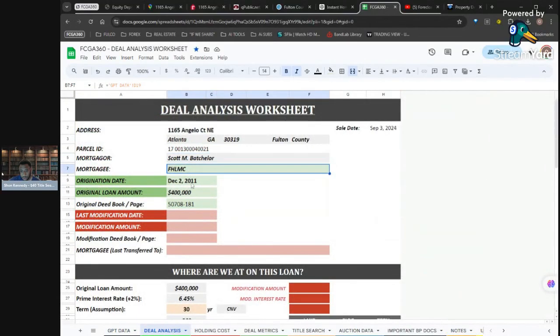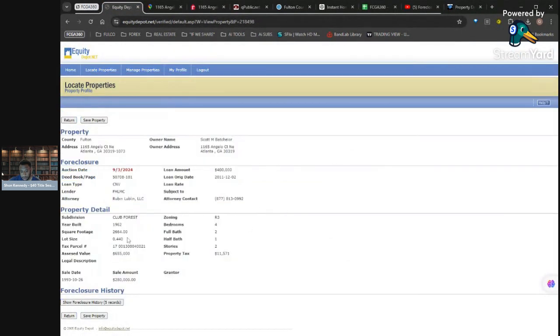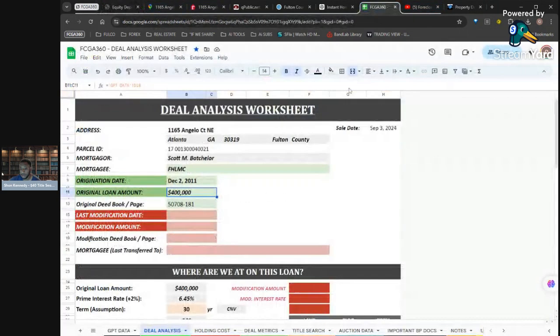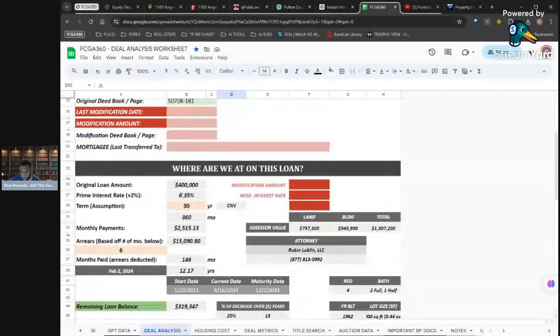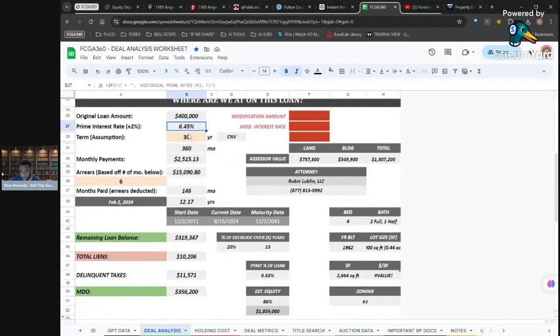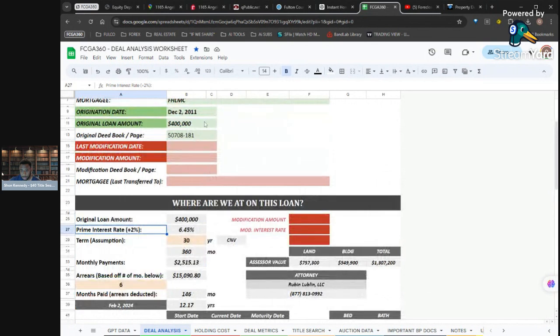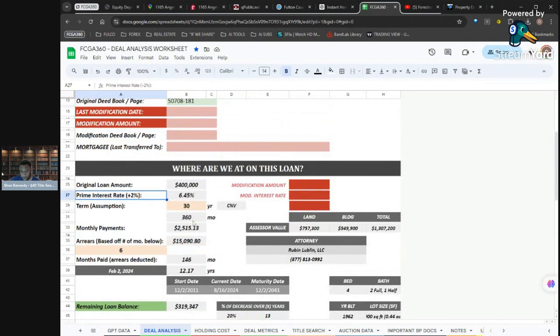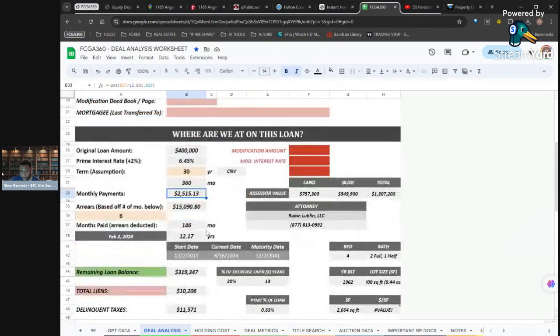So that way I know everything copied over here perfectly. So we got our origination date. We got our loan amount. We can verify that here. Where is it at? $400,000 loan amount. Origination date 2011, in December. With a conservative interest rate, this is prime rate of 2011 plus 2. We're looking at a monthly payment of $2,500. If they were 6 months behind on this payment, they would be at $1,500 owed to bring it back to